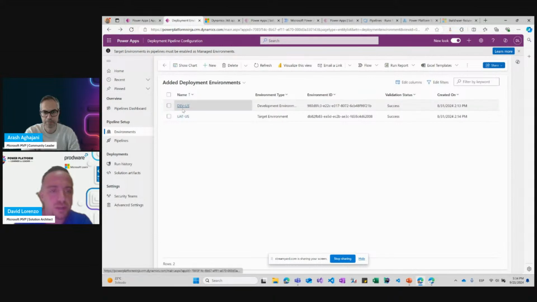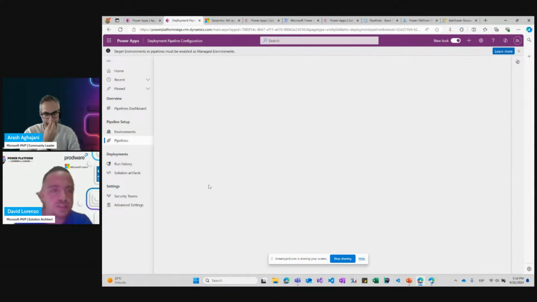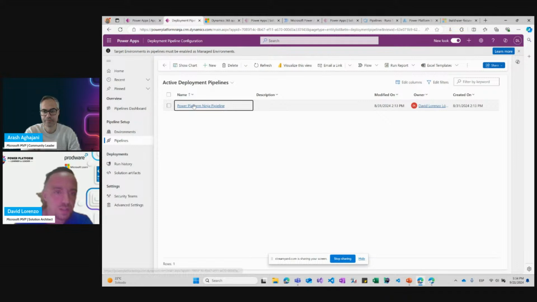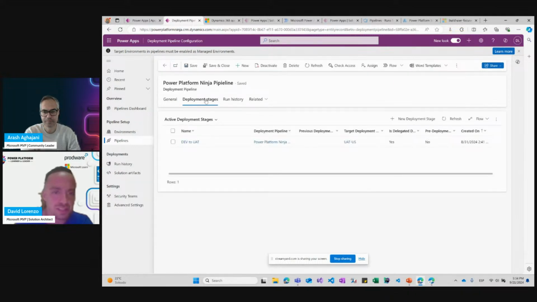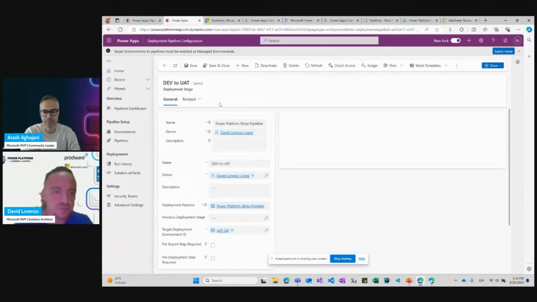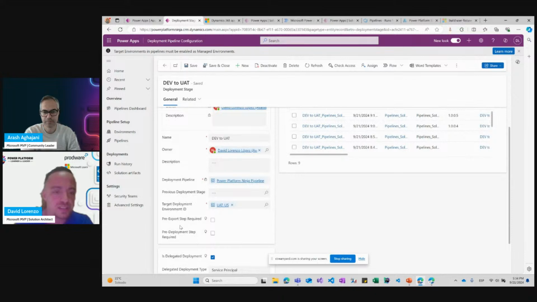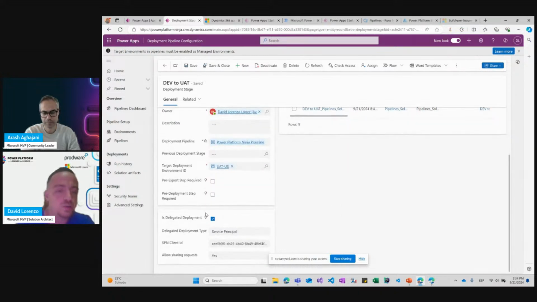We have the dev environment and the UAT environment. So we go to the pipeline, we go to deployment stage, we go to dev to UAT, and we can see that we select the target environment. So we will deploy from dev to UAT, and then we check is delegated deployment.